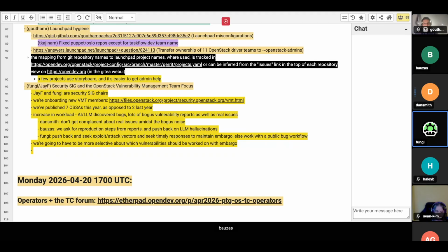Right. So if I could use the recent one that we had with Nova as an example of why I would want to have, I agree, moving more things to public sooner, especially if they're not clearly a vulnerability.